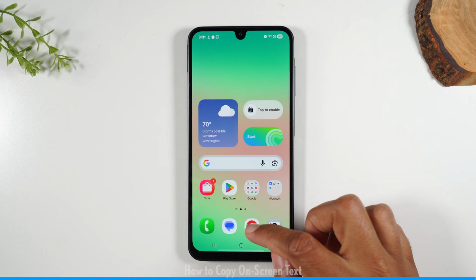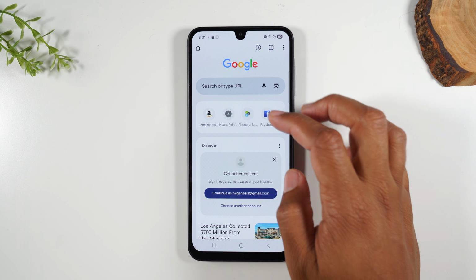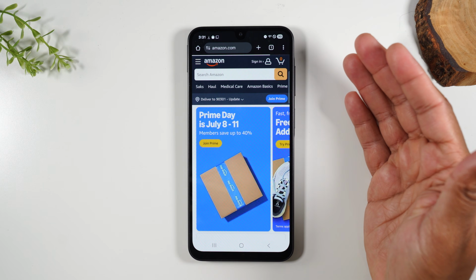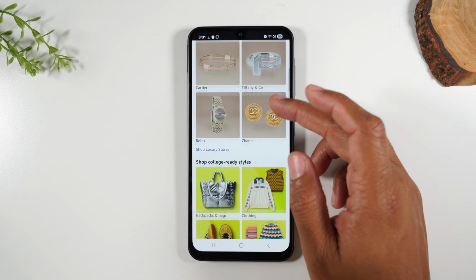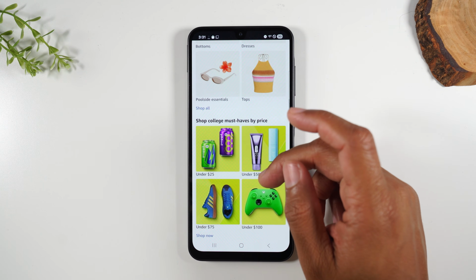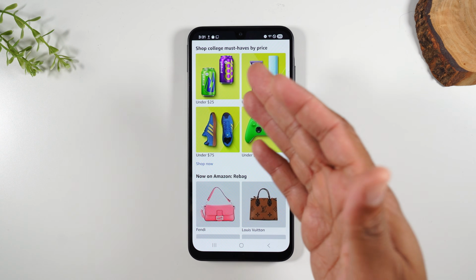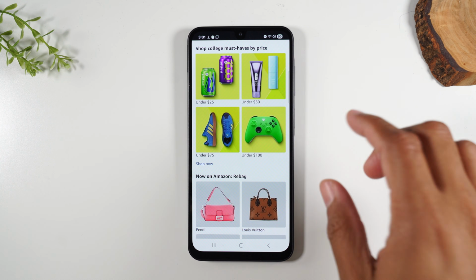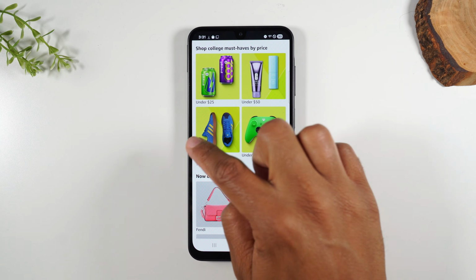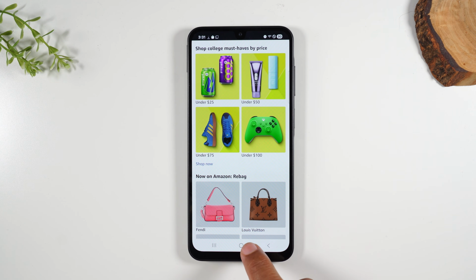Moving on to number 4, I want to show you how to copy text that's on your screen. Just as an example, let's say you are on a website, you're on Amazon.com, maybe you're shopping for something and you want to copy the text that you see on the screen. Right here it says shop college must-haves. Let's say I wanted to copy the text that was on this screen. If I hold down on the home button here for 1 second,